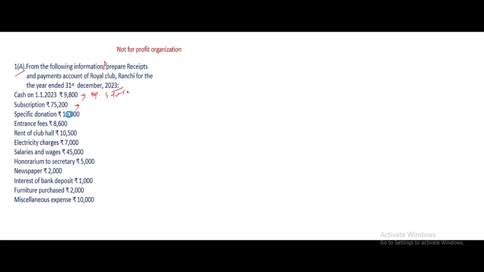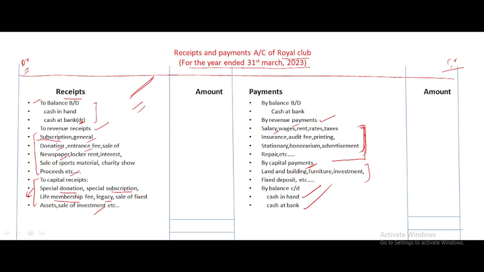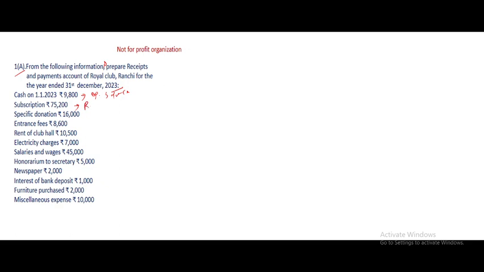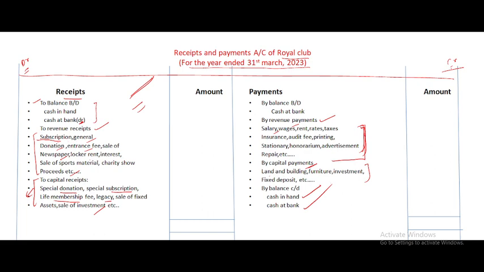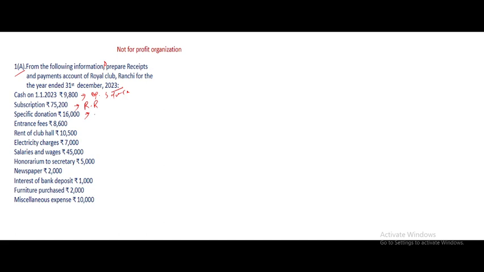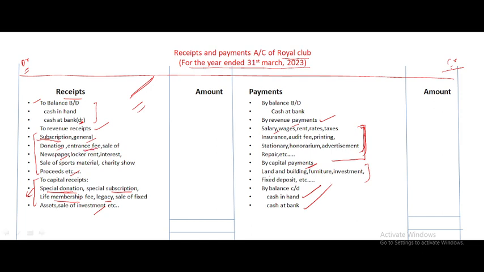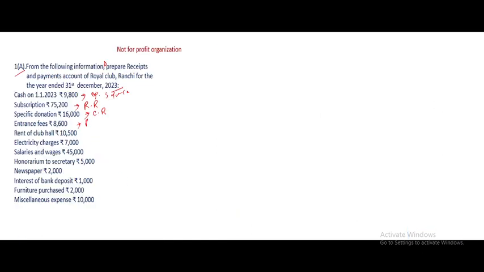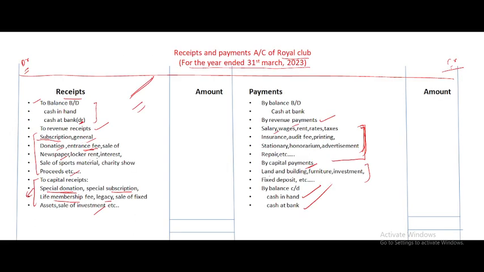Subscription is revenue receipts. A special donation is a capital receipt. Entrance fee, students, this is revenue receipt. Rent of hall, if the organization has a hall, then it receives rent of hall,